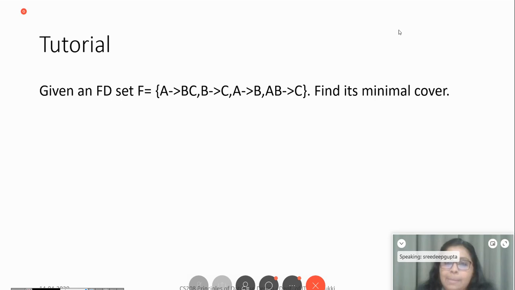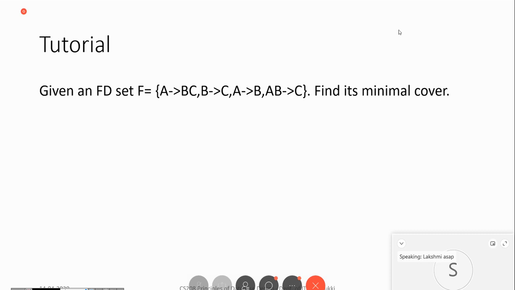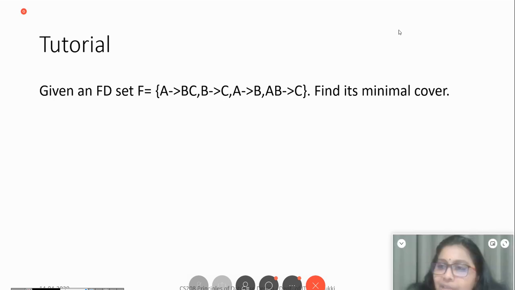Okay, I think the time is almost up, so we will be winding up right now. Elias Thampi, can you please pose the question if it's an urgent question? One student was asking for the solution, the minimal cover resolution for a particular FD set. So I can solve it. Elias, you can send the question to the team. I'll solve it and post the solution immediately.